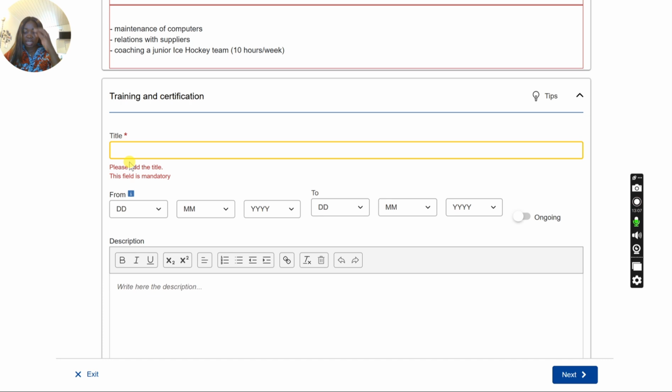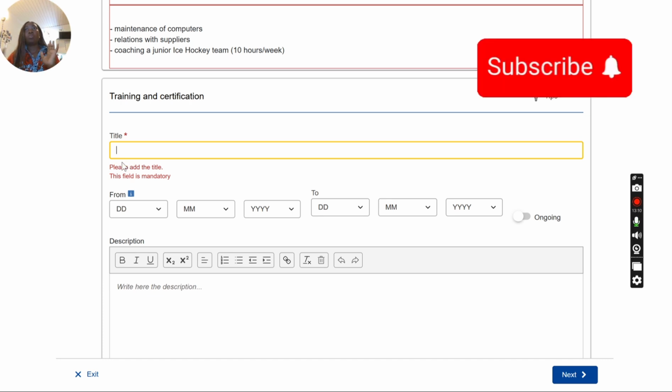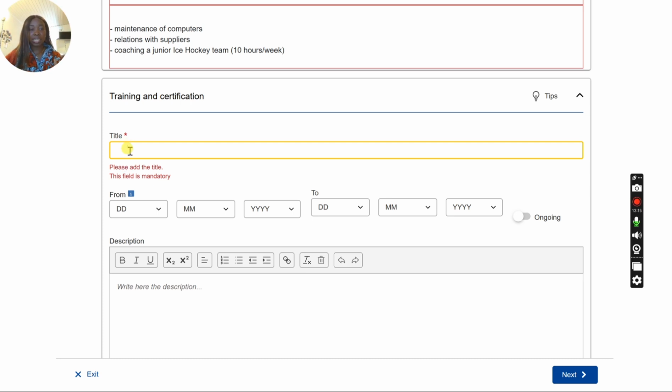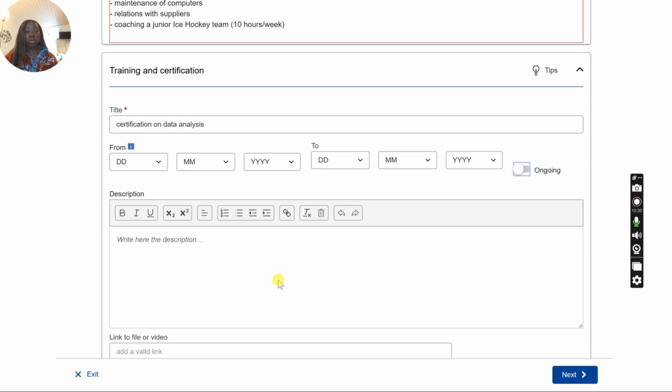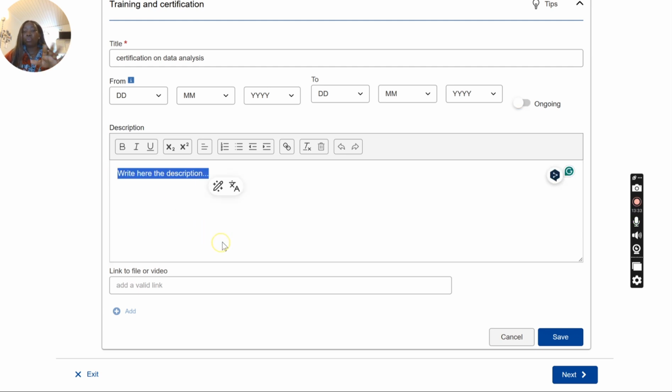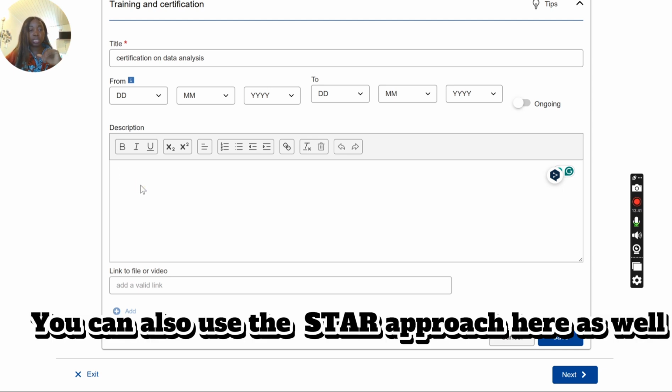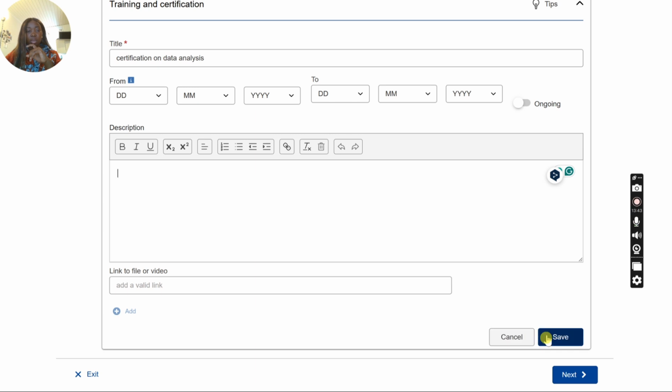Perfect. So training and certification, if you've gone for, maybe you had a 6-week intensive data analysis course, you add it: certification in data analysis. You put that in, from when to when. If it's ongoing, by all means click ongoing, and then what you learned from that certification or the skills you gained from that certification, keep it at 2 maximum, because we're trying to save space on the 2-page CV here. And then